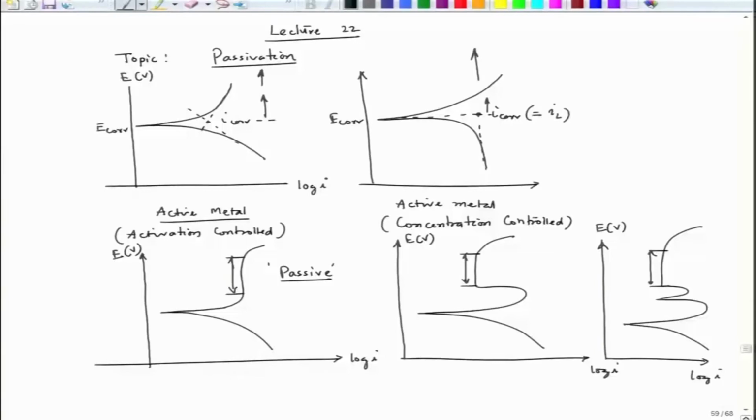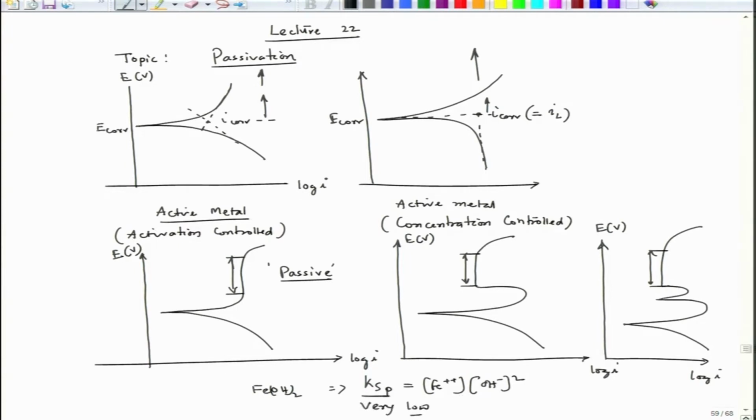Just to extend our discussion on solubility product, for example, we have Fe(OH)2. So, the solubility product, which is Ksp, is decided by the product of the Fe++ concentration and the OH- concentration squared. So, the concentrations of Fe++ and OH- give the solubility product, and if it is very low,